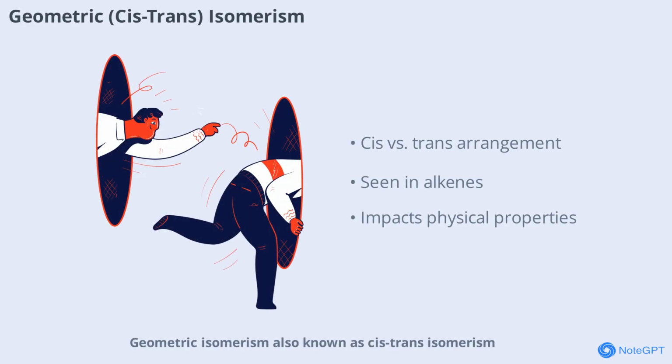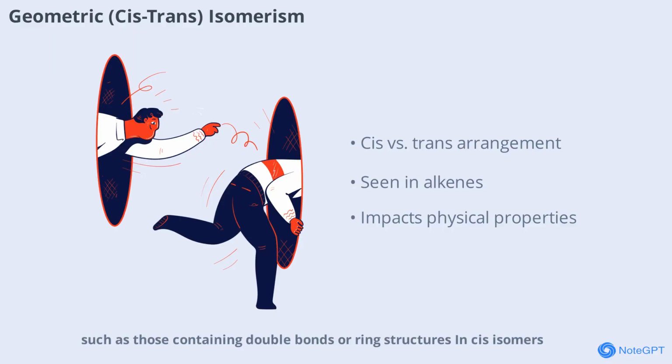Geometric isomerism, also known as cis-trans isomerism, occurs in compounds with restricted rotation, such as those containing double bonds or ring structures. In cis-isomers, similar groups are on the same side of the double bond, while in trans isomers they're on opposite sides. This seemingly small difference can have a big impact on the compound's properties, such as boiling point, solubility, and biological activity. Geometric isomerism is commonly seen in alkenes and some cyclic compounds, making it a key concept